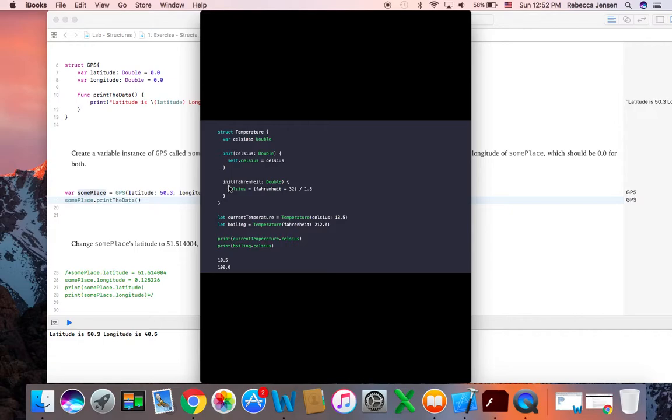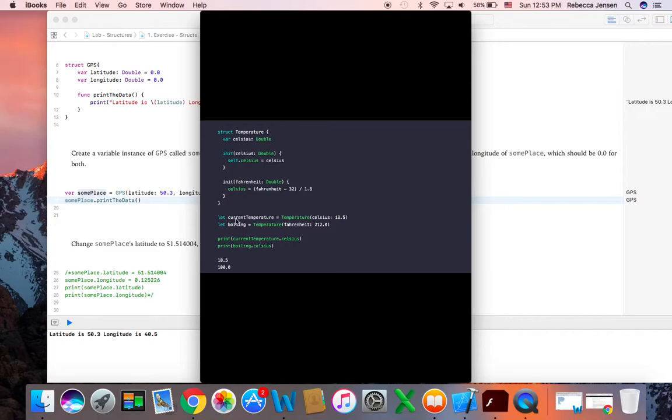And then in this particular case, what they're saying is, well, we want the user to be able to give us a Celsius temperature or Fahrenheit temperature, and no matter what they give us, if they give us a Fahrenheit temperature, we'll convert it to Celsius and we'll assign Celsius the temperature. So they have another init, and this one is passing it the Fahrenheit temperature. They do the conversion here, assign it to Celsius,